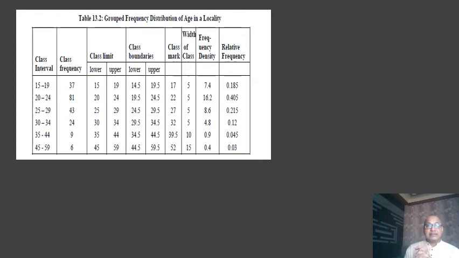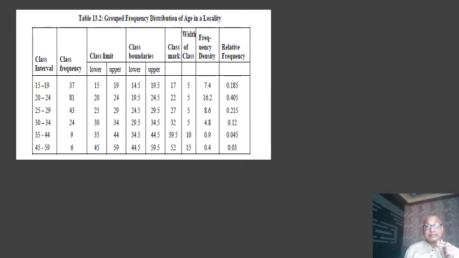Second thing, frequency polygon. Frequency polygon of a frequency distribution could be achieved by joining the midpoints of the tops of the consecutive rectangles. The two endpoints of a frequency polygon are joined to the baseline at the mid value of the empty classes at the end of the frequency distribution.